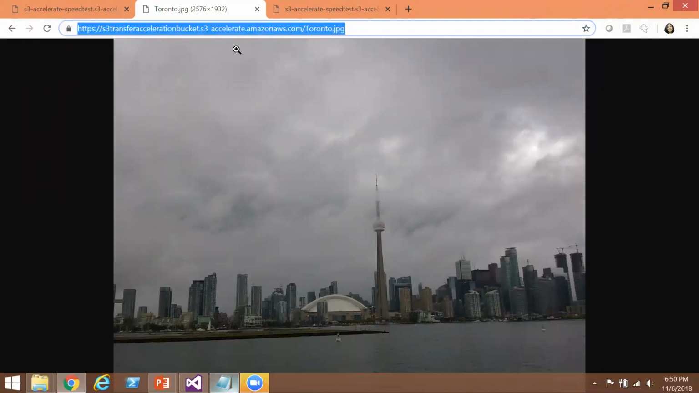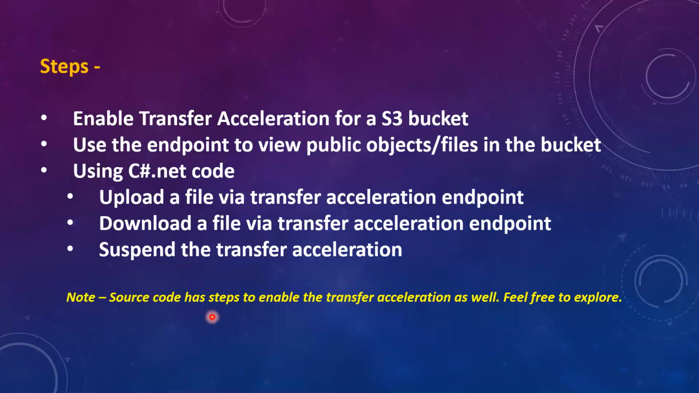Okay, so now let us go back and review the steps. So we've completed step one and step two right here. Now let us move to step 3, wherein we will be using the C#.NET source code to upload a file, download a file, and finally suspend transfer acceleration as a service for our bucket. So let me